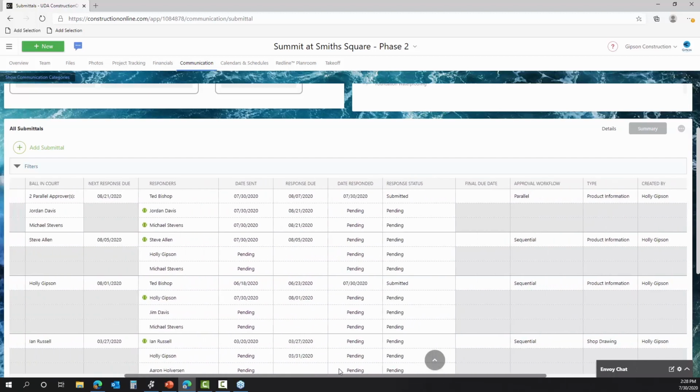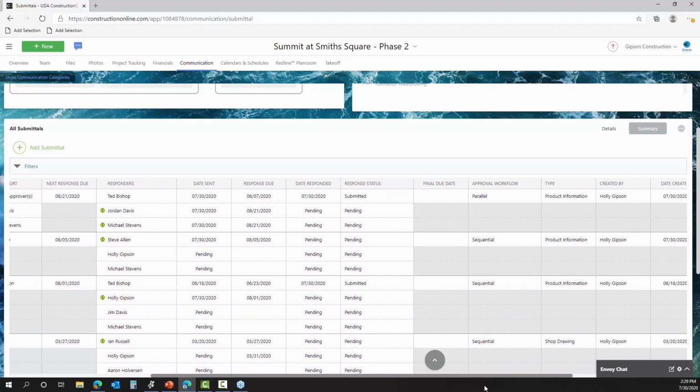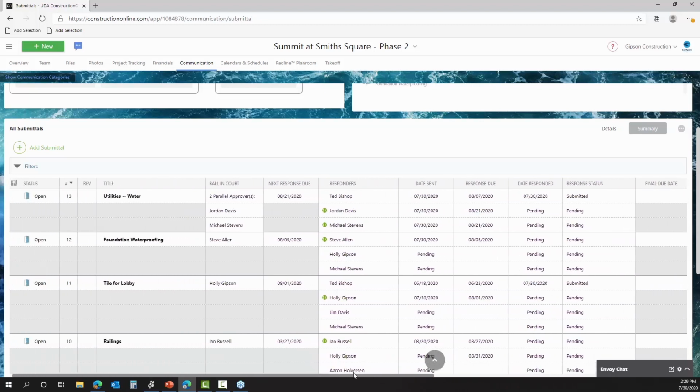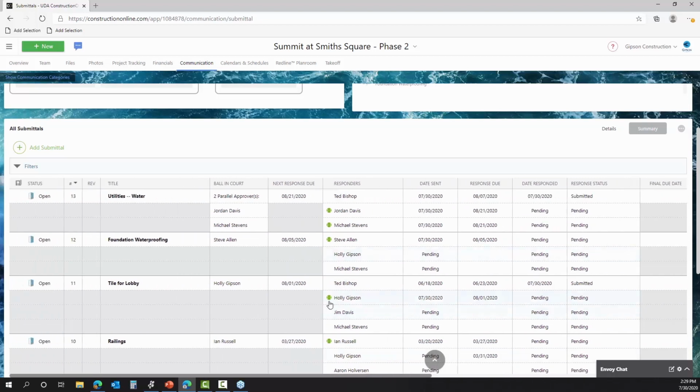This is really helping you keep track of who you are waiting on for their documentation or materials or whatever it might be. But of course, moving past that, once you actually move into the review and approval process, you can start to see all of the different response statuses that could be logged inside of ConstructionOnline. Some of the more common ones, of course, would be